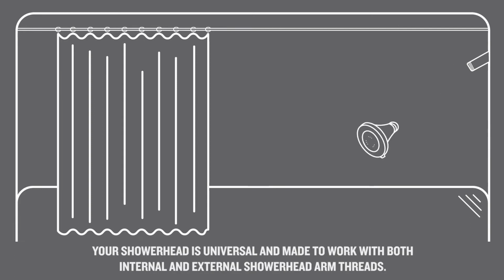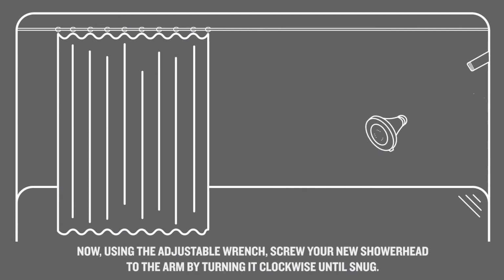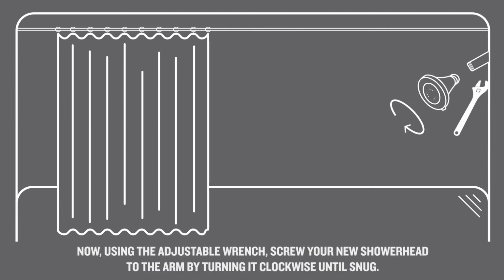Your shower head is universal and made to work with both internal and external shower head arm threads. If your shower head has internal threads, place the two washers that are included in your shower head inside the shower head connector. Now, using the adjustable wrench, screw your new shower head to the arm by turning it clockwise